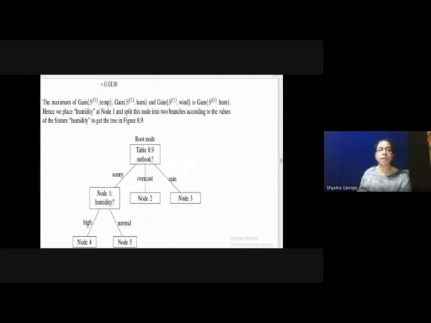You can see that the highest gain is for humidity. So humidity will be placed in the next level. When you take humidity, the two values are high and normal. You can divide based on high and normal, and find out the value of node 4 and node 5. Similarly, based on the records with outlook overcast, you can group the attributes and find the attribute having the highest information gain in node 2. Similarly, based on all the records with outlook value rain, you can group together and find out the gain, and the attribute with the highest gain can be placed in node 3.